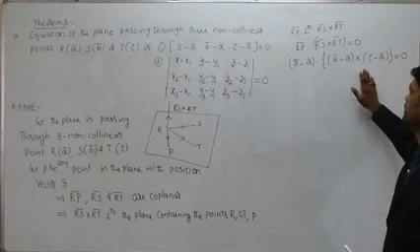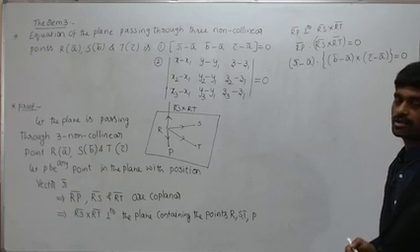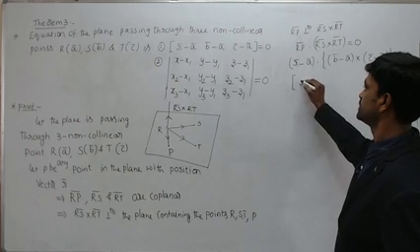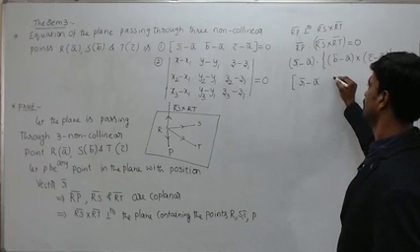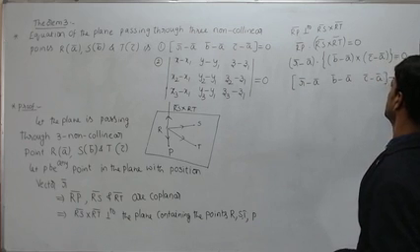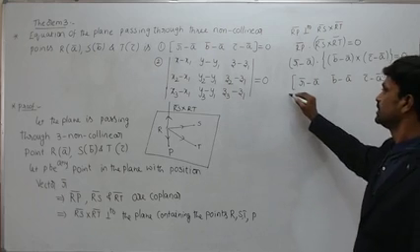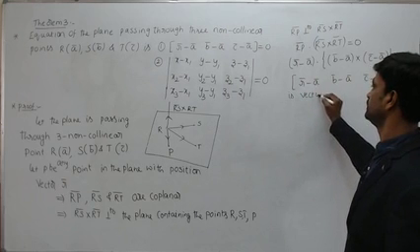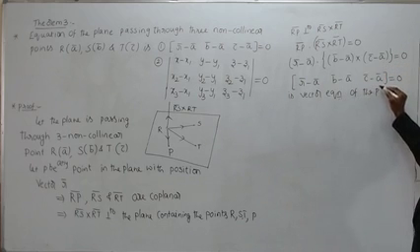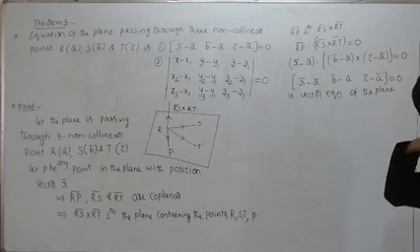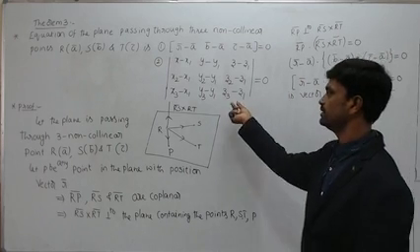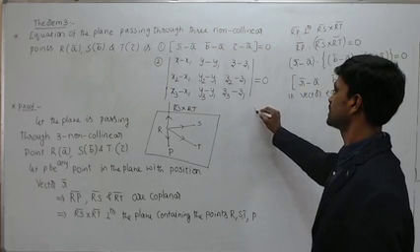So it looks like a bar dot b cross c. a bar dot b cross c can also be written as the box product of a bar, b bar, c bar. So this can also be written as the equation [r bar minus a bar, b bar minus a bar, c bar minus a bar] is equal to 0. So it is the vector equation of the plane. So next, what do we have to find? It's the Cartesian form. Okay, the Cartesian equation of the plane, and we have to show this. So next, the Cartesian form.